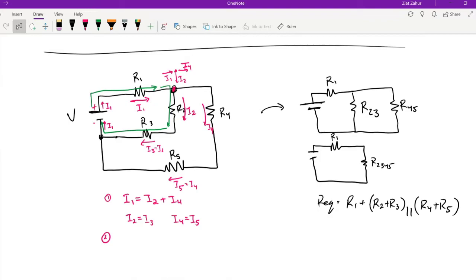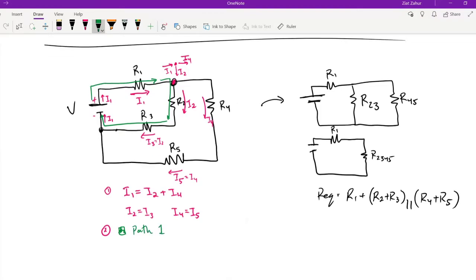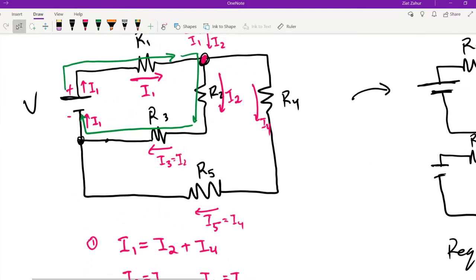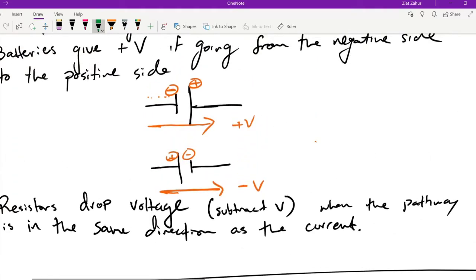Alright, so that's pathway number 1. And we want to write the loop rule for this. Voltage around a closed pathway is equal to 0. That's our equation. We'll go ahead and start with the battery. Notice how we're starting from the positive end, and then we go through. So we're going from negative into positive. We're not going in the opposite direction. We're going through the correct direction in that from bottom side to the top, we're using it as an elevator.